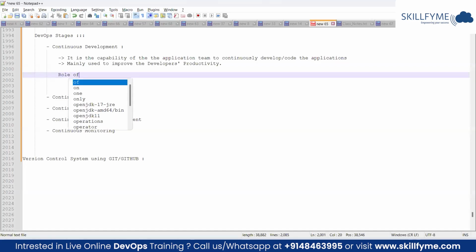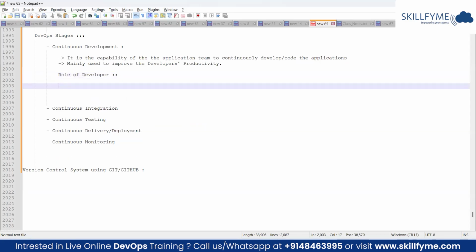understand the role of any developer. What is the basic role? What is the role of developer actually? Why we recruit developers? Ultimately, we recruit developers to create the application source code. They should be able to understand the application requirement, understand the design documentation, and they should be able to code that application logic. That's it. They are responsible to prepare the application source code for the business. That is their primary activity.